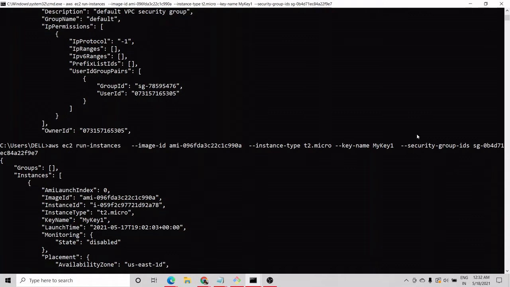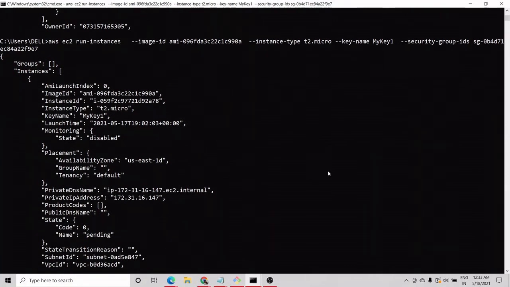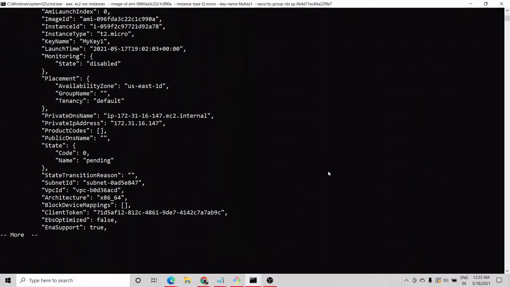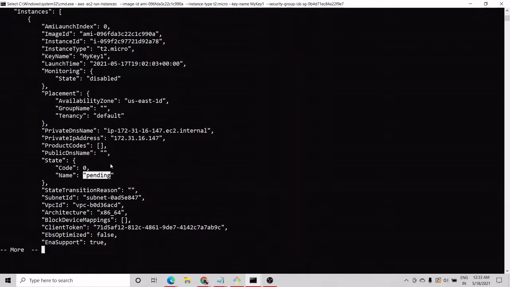And security group, this is not a compulsory option, but as we want our web server to have some fixed and bound rules, we are providing this security group. As this instance launches, it gave us so many things, but it is in pending condition now, because it takes some time, some minutes or some seconds, to launch. So it won't give me a public IP now, but we need its public IP.